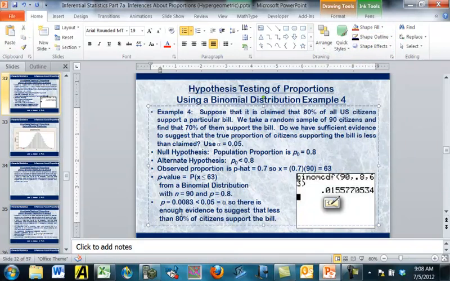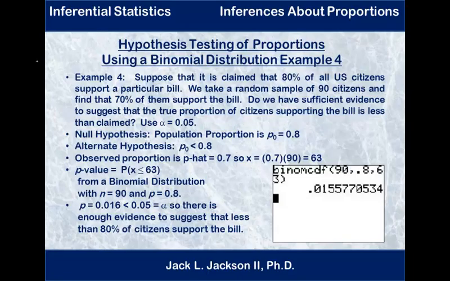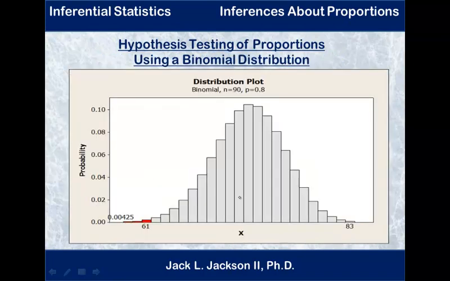And so that is 0.016 roughly. Again, that is still less than 0.05, so there is enough evidence to suggest that 80% of the citizens support that bill. Okay, so we're going to do these so that the boundary point is included. Here's the distribution here. This one is only going up to